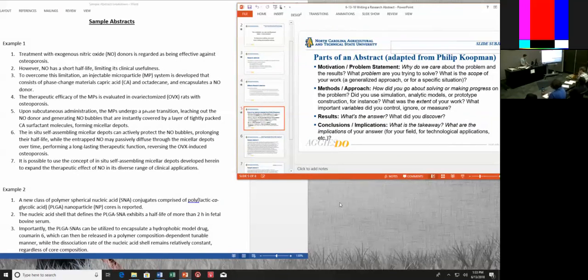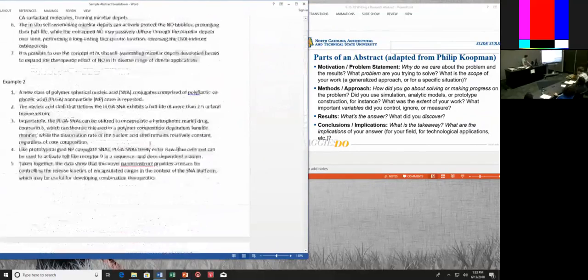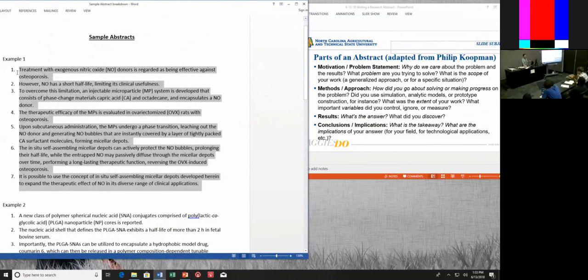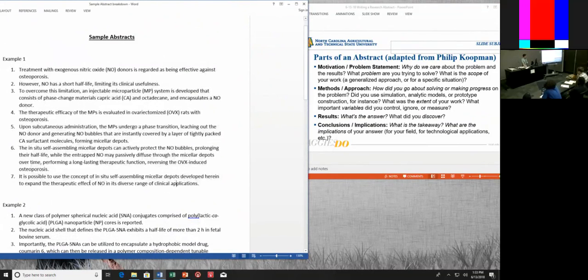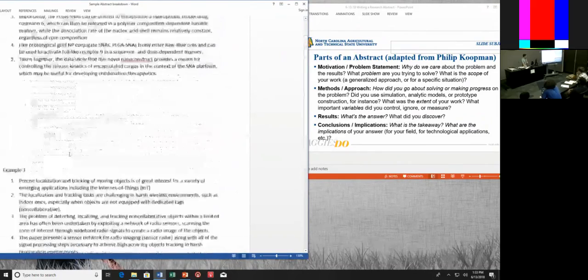Since I have it, I'll put it up here in this format as well so you can see it broken down. Sorry, before we go on, let me just point out, you can do the exact word count. I can't recall off the top of my head, but it was like 156 words for that first abstract. So when you hear 150 word, 200 word abstract, this is what you're looking at. It's this range. And you'll notice it's 7 sentences. Some of them are fairly long, some shorter, but it is 7 sentences. The next one is only 5 sentences.